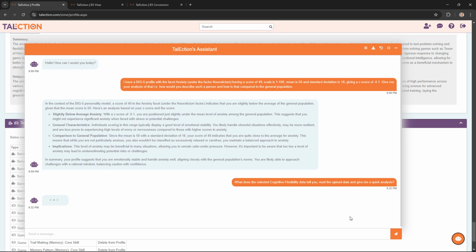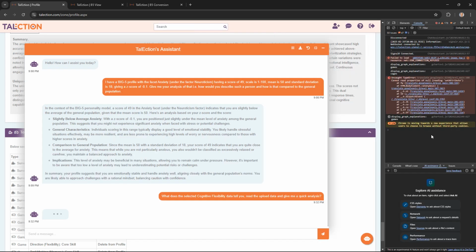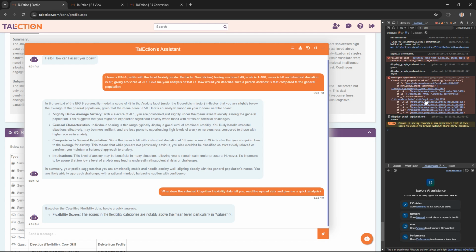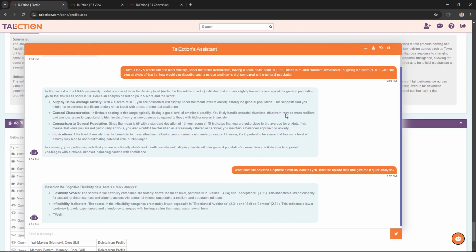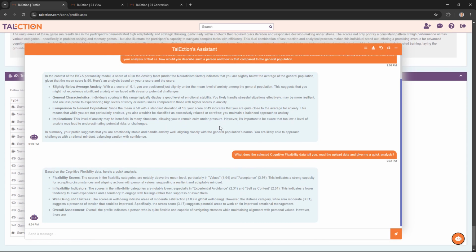It hasn't managed to complete the cognitive flexibility, so let's leave it a bit longer. Maybe it will come back. Let me see if it has run into any problems. No, yeah, now it's coming. Okay, so here it has started